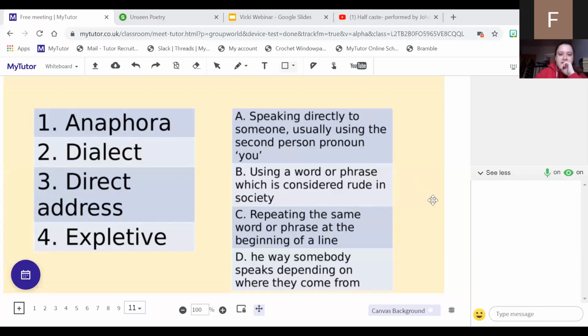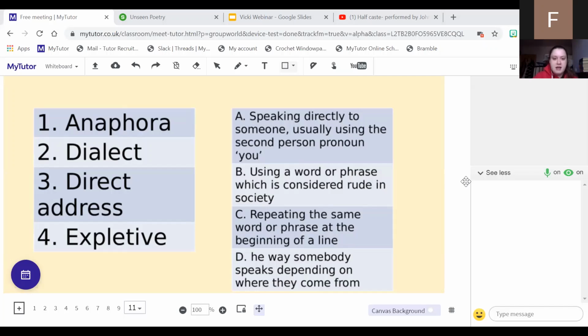So 3 to A, direct address. Yep, so speaking directly to someone, usually using the second person pronoun you. Fabulous. 1C. So anaphora, repeating the same word or phrase at the beginning of the line. Beautiful. Dialect. 2,